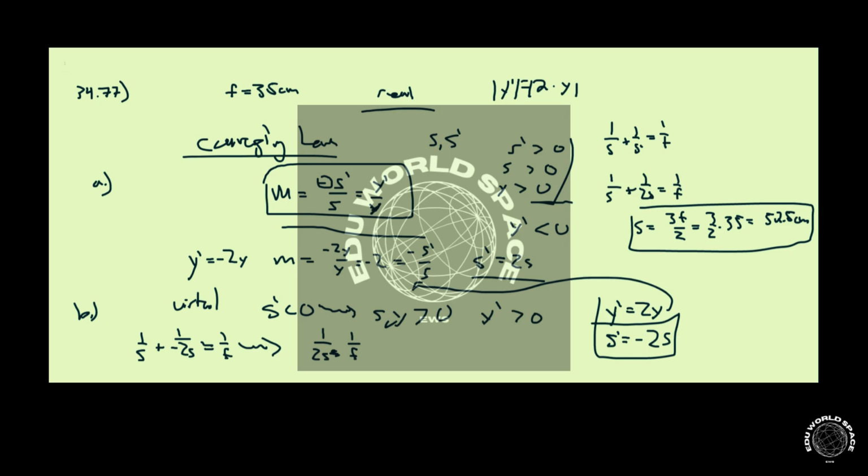Now, s we already said is positive, so that means f is positive, which must be a converging lens, because diverging lenses have negative f's. So now we can just plug in what f is, because we know that it has to be positive, so 1 over 2s equals 1 over 35. Rearrange that, and s equals 17.5 centimeters. So if we want a virtual image with the same magnification, we also use a converging lens, but instead of placing it 52.5 centimeters to the left of the lens, we'll place it only 17.5 centimeters to the left. But in both cases, there are converging